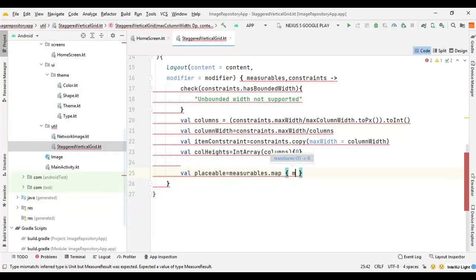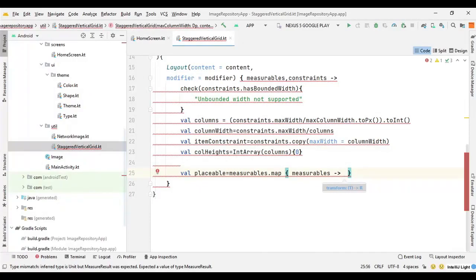Here we need a measurable, then lambda function. Then we need to define which column is shortest, so we can put the next item beneath it. Of course, in our app, all the images will be of almost the same height.